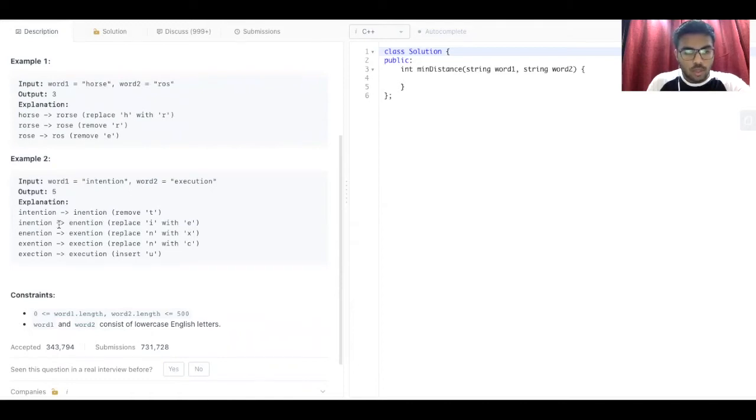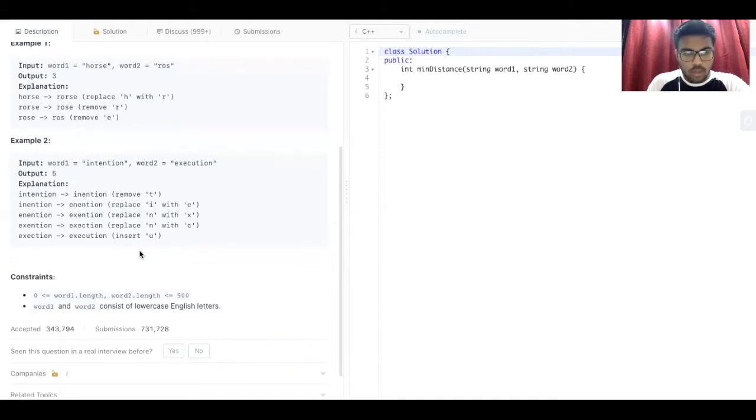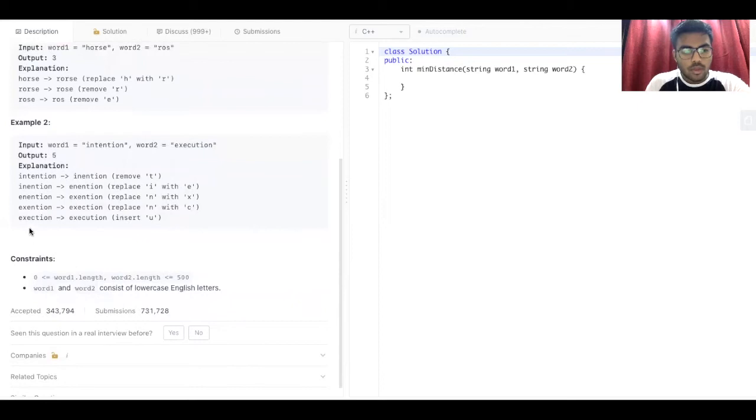Then from inention, we replace I with E. Then we replace N with X. And then from exention, we replace N with C. And from execntion, we insert U.